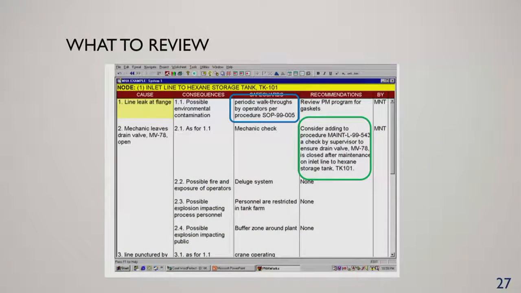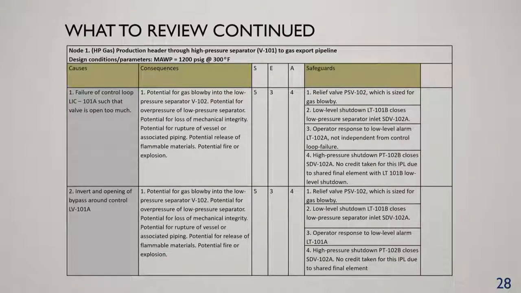We'll also look into the recommendation columns. In this example, you can see that they've also called out a maintenance procedure to be updated. If the PHA we're reviewing is not too new, again, we will check to make sure that that recommendation has been incorporated into it. If we go to our next example,